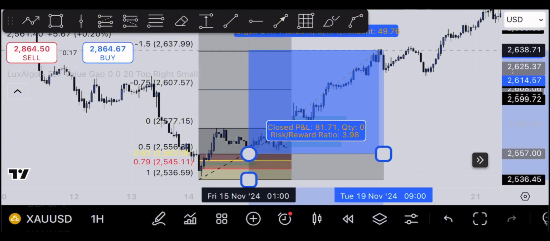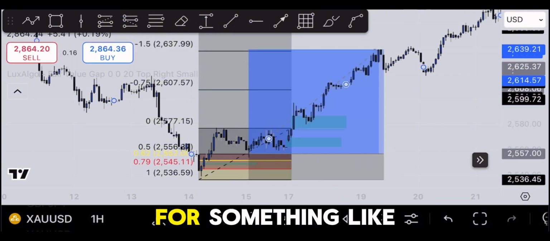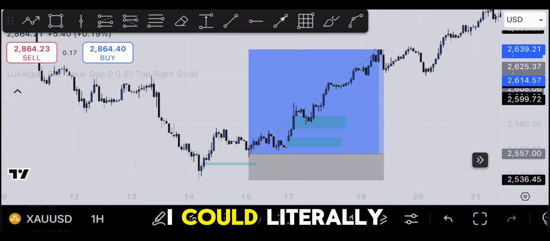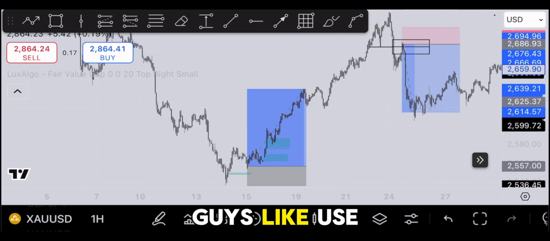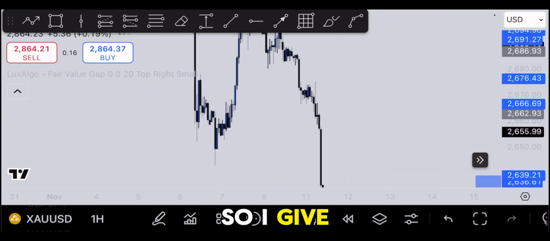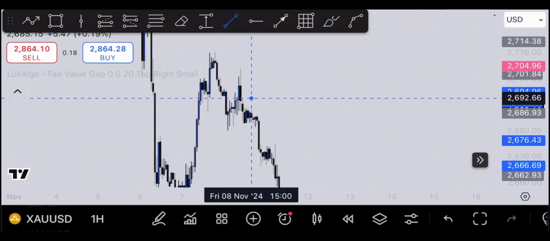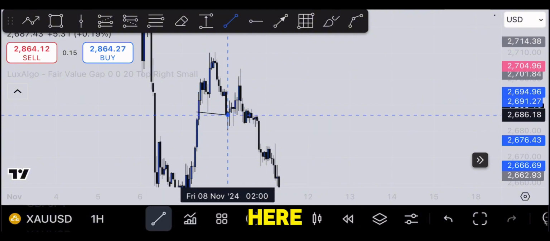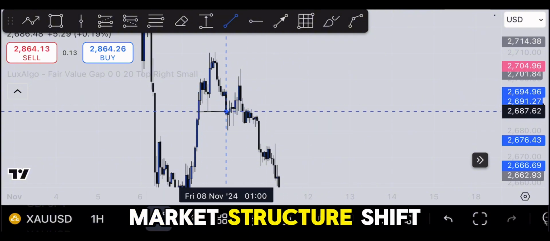It was going to be 1:4, something like this. I could literally go on and on showing you guys the accuracy in these trades. It's so accurate. Another example with the market structure shift right here. After having our market structure shift,